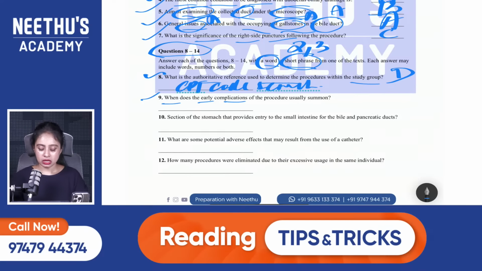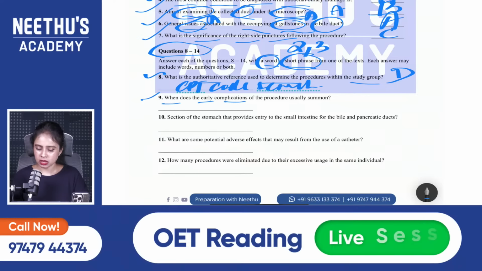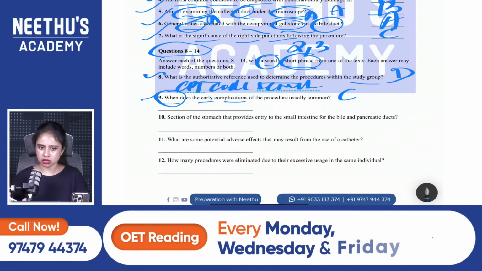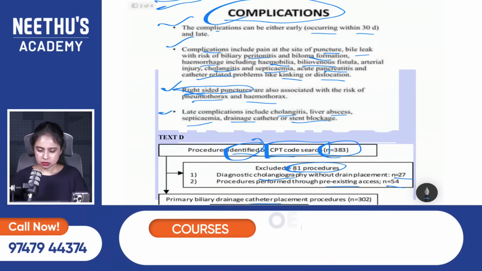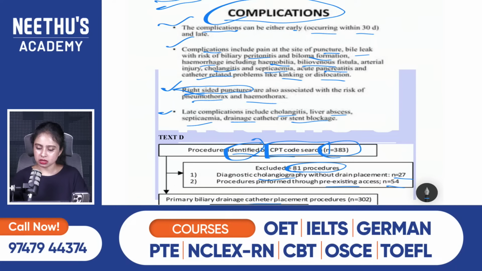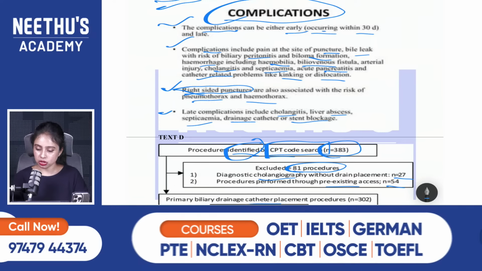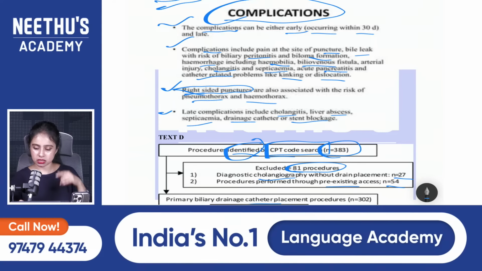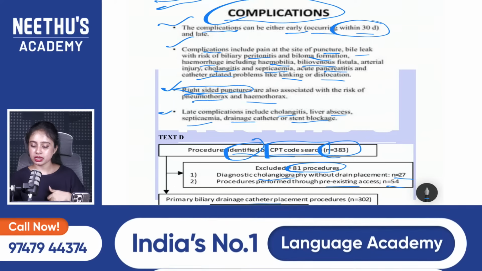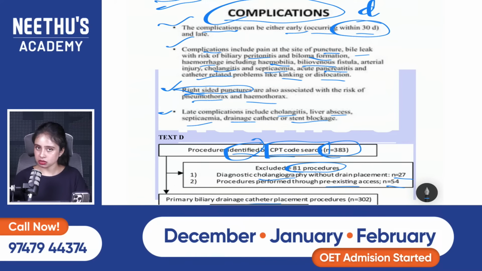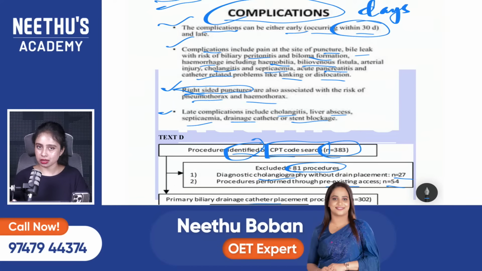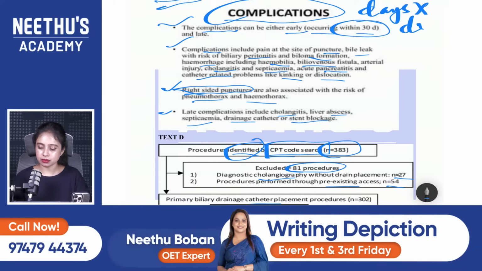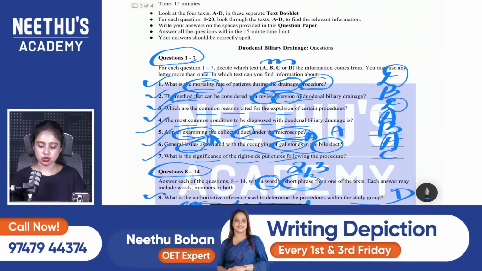10th one, I think it's from C, because time and date or year is mentioned in text C. Complications keyword can be either early, occurring within 30 days. So the answer is within 30 days. They've only mentioned D here, so don't write like days. You can write like D. This is correct. Okay, so the answer is within